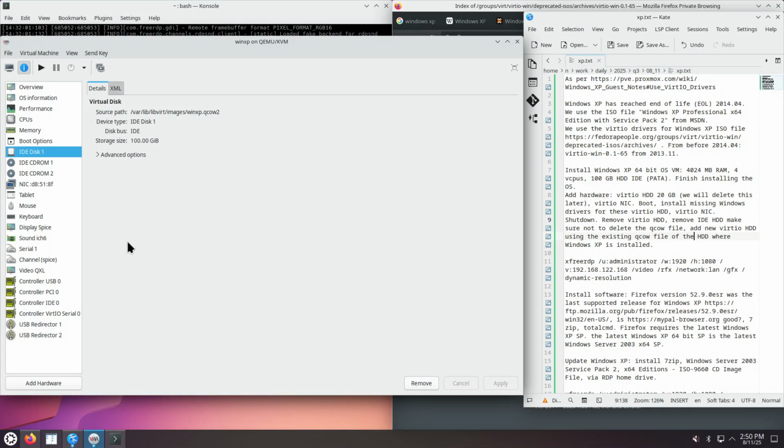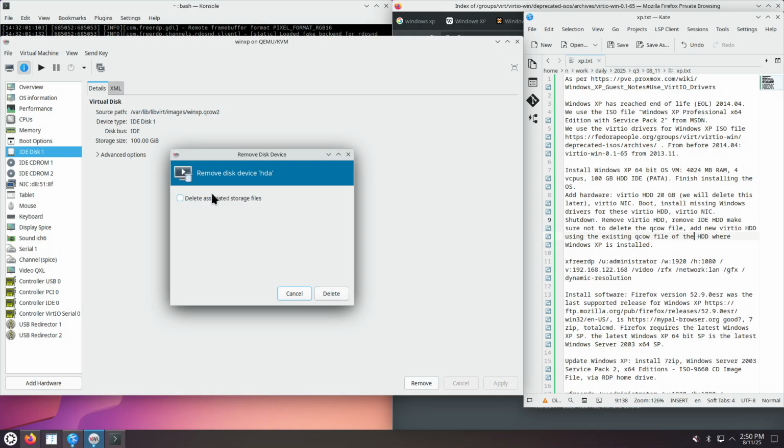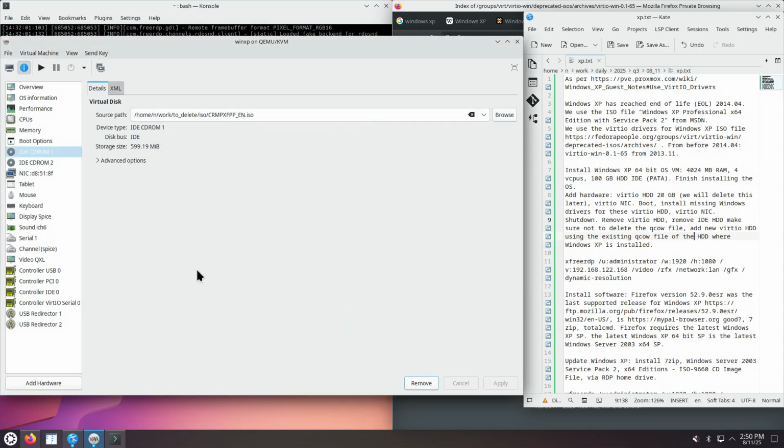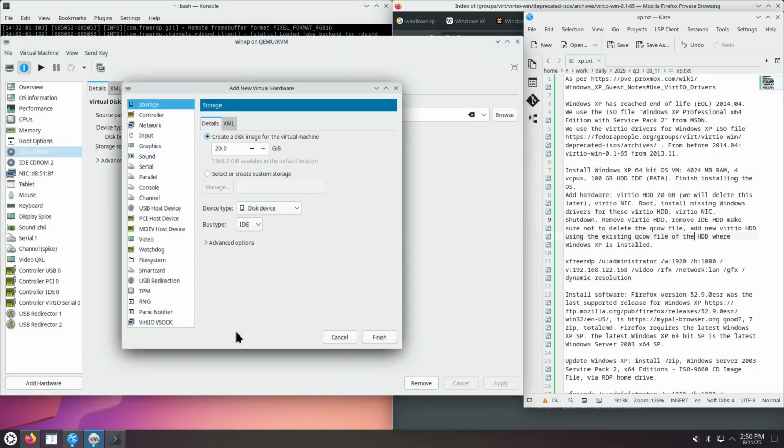And the IDE disk, we will transform it into virt-io. So first remove. Make sure you keep the associated storage. So the file named winxp.qcow2. Make sure the delete associated storage files checkbox is not checked. And add hardware,